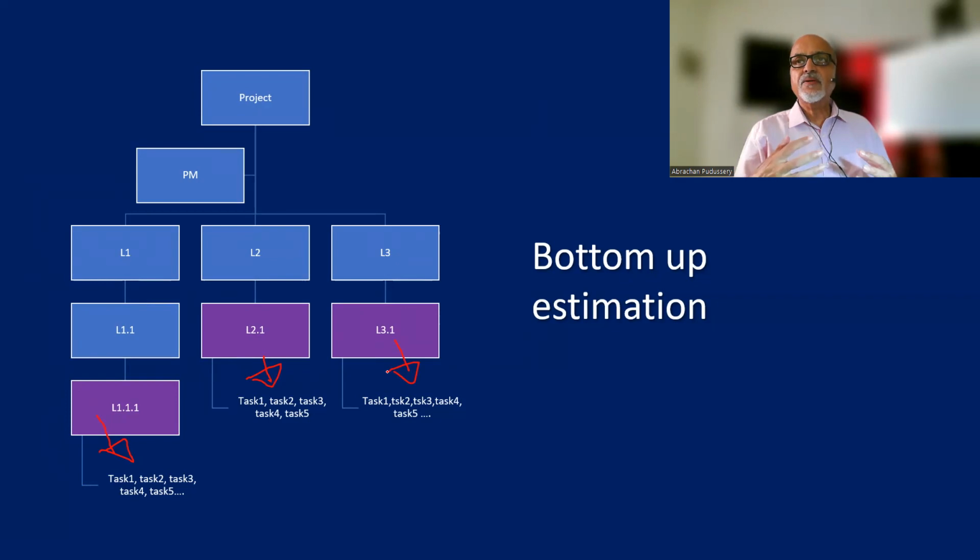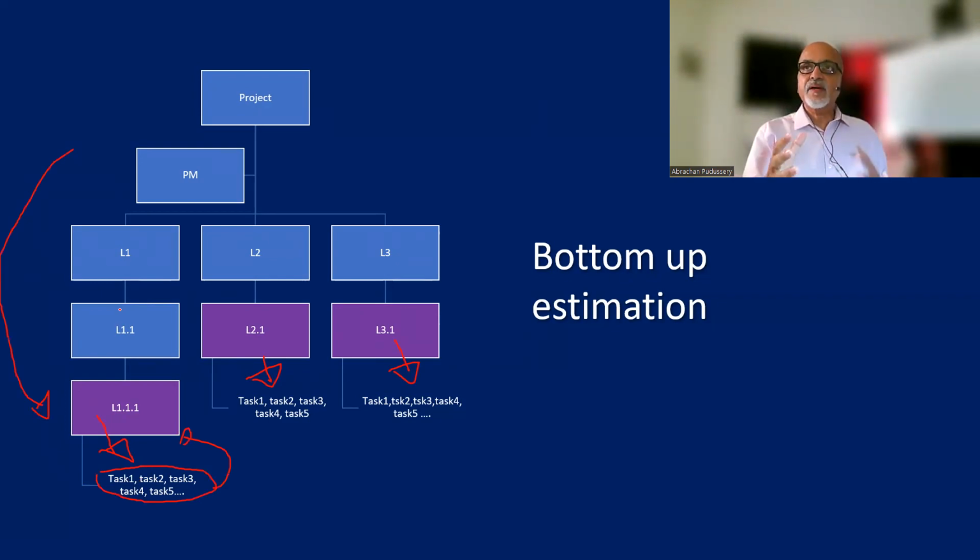Now, this is a good opportunity to validate the estimate because now we have the luxury of doing the estimate at a task level, add it up and compare with the estimate we arrived at while doing the top-down estimate. So already work packages have a cost estimate done. Now, after decomposing the work packages into activities, we can estimate at the activity level, then roll it up towards the